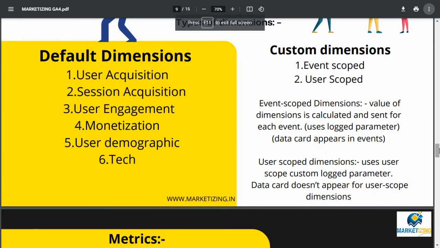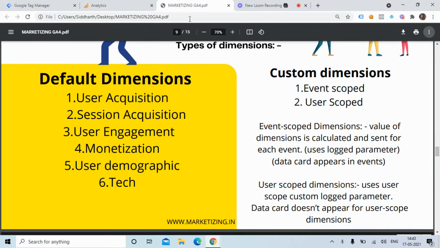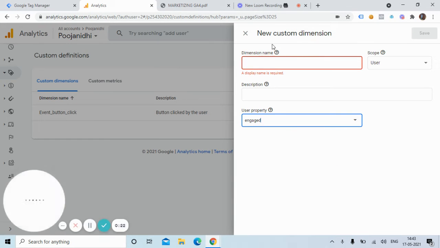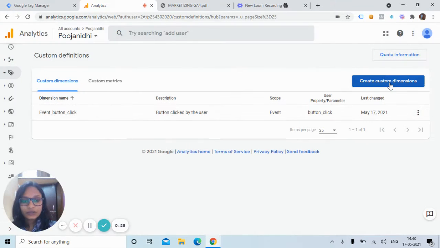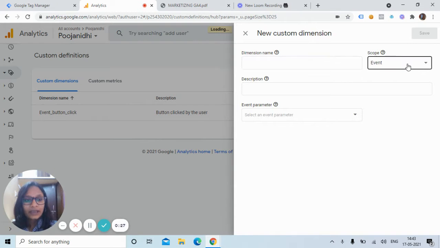Hello marketers, as in the previous video, we have seen how to create an event scope custom dimension. Now let us see how to create a user scope custom dimension, and the user scope custom dimension requires a user scope log parameter so that we can create it over there. So if we get into the analytics, here we can create a new custom dimension,